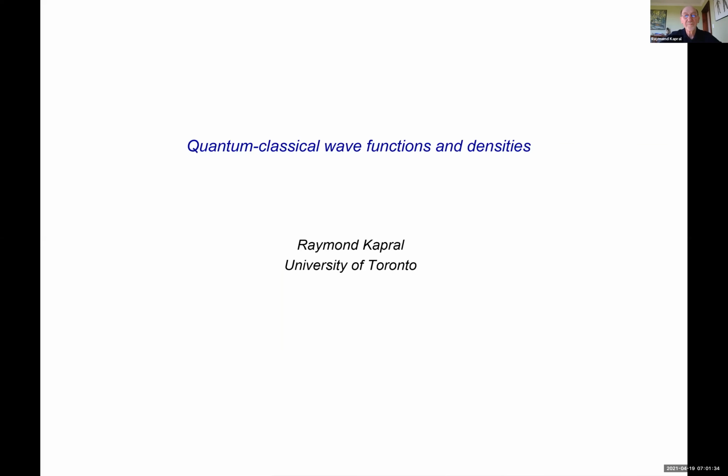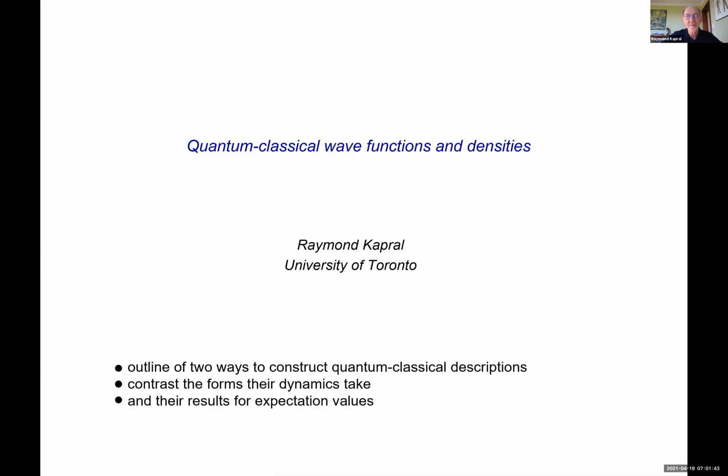Okay, so I want to talk a bit about the different ways of looking at constructing quantum classical theories. And the outline of the talk is fairly simple. I'm going to discuss two ways that figure into this meeting quite directly. The first is the quantum classical Liouville description that we just heard about from Victor Gerasimenko, and also the Koopman approach that is the favorite topic of many speakers and our organizers. And I want to contrast the different forms that these dynamics take and discuss expectation values that are predicted by